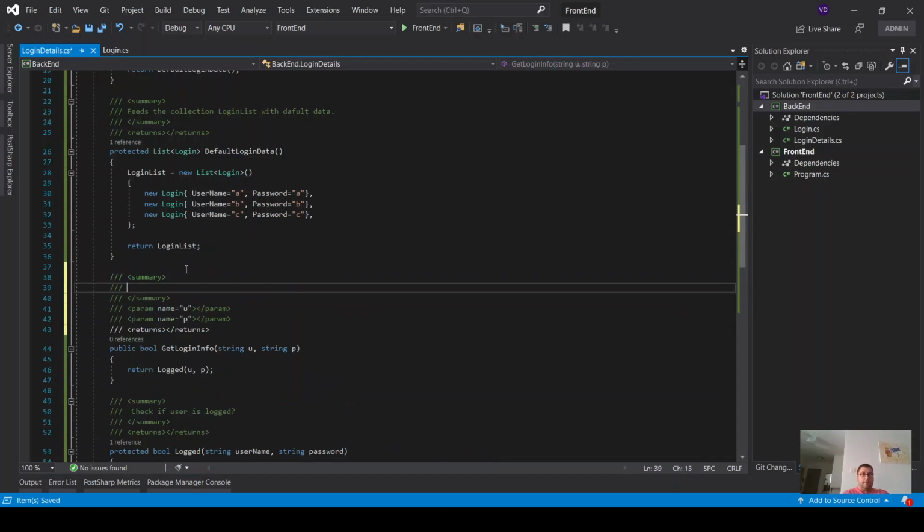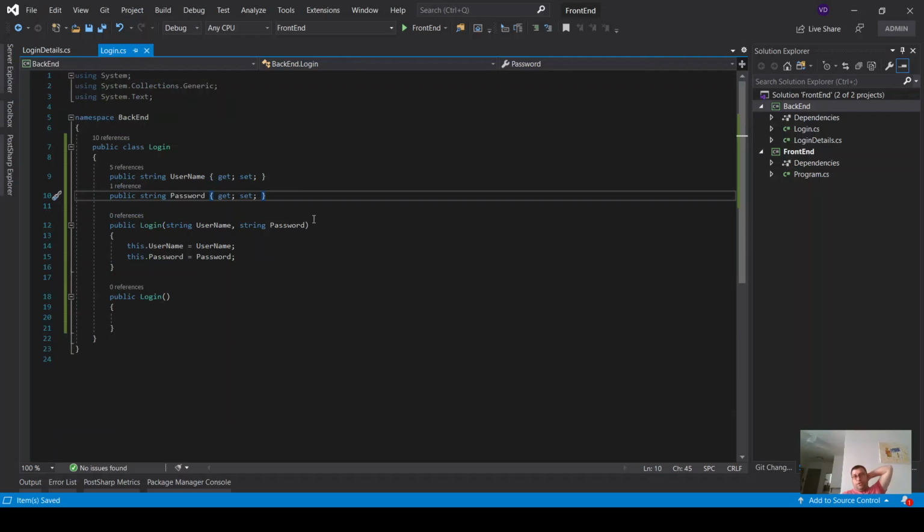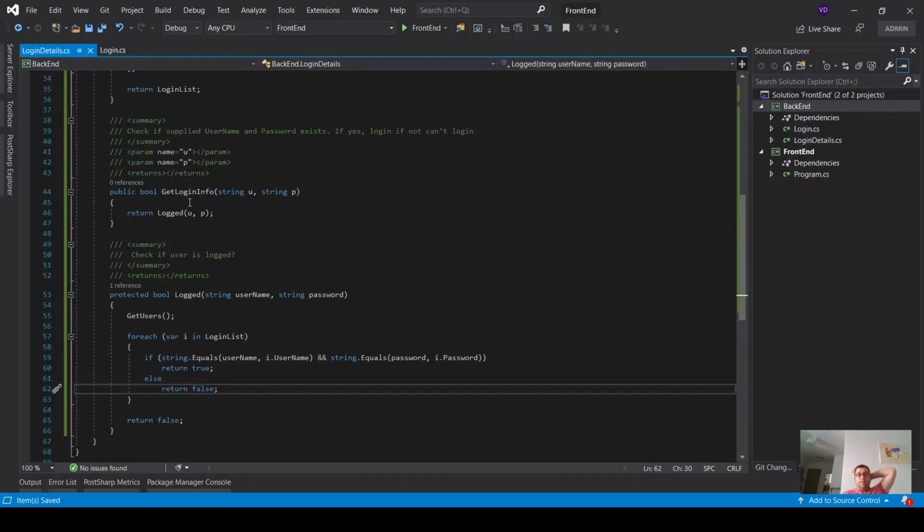So, okay, this, all right. Check if the supplied username and password exist. If yes, log in. If not, can't log in. Okay. Basically, if yes, return true. If not, return false. All right. So one other thing that we mentioned right here is that I promised you that we're going